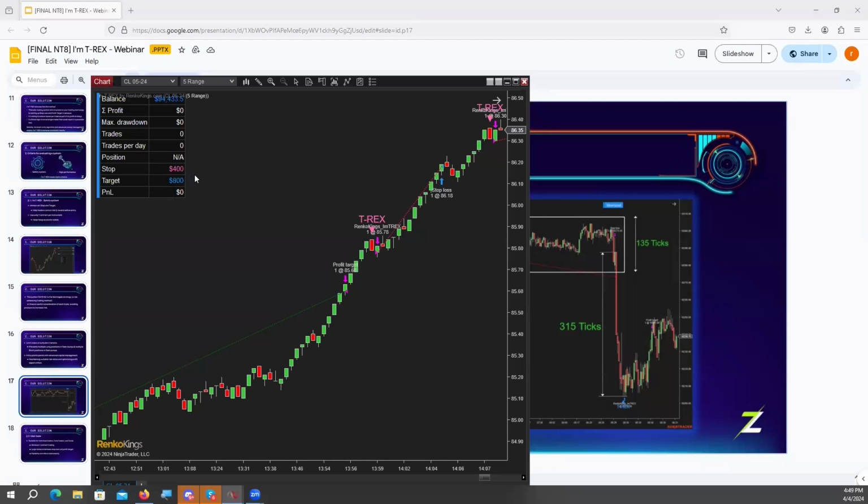Take away 2,400, you walk away with $800. Now, of course, minus commissions, minus slippage. That's part of the package, right? You've got to take away commissions, you've got to take away slippage. The point is, if you have a strategy that can win even 40% of the time, even 40,